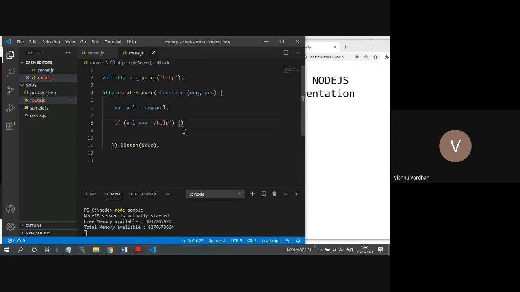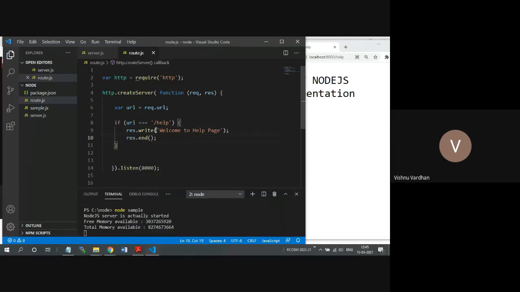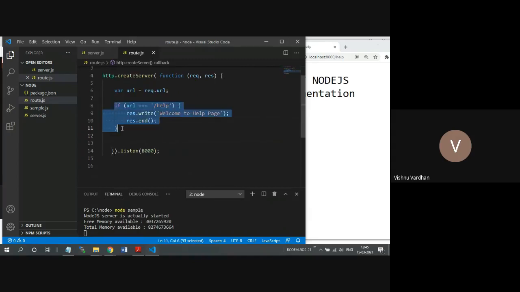Then I want to provide my own implementation. If it is matching with this, then I simply want to write that information, like welcome to help page, and then simply close the response in this way. Similarly, I can provide many other alternatives.